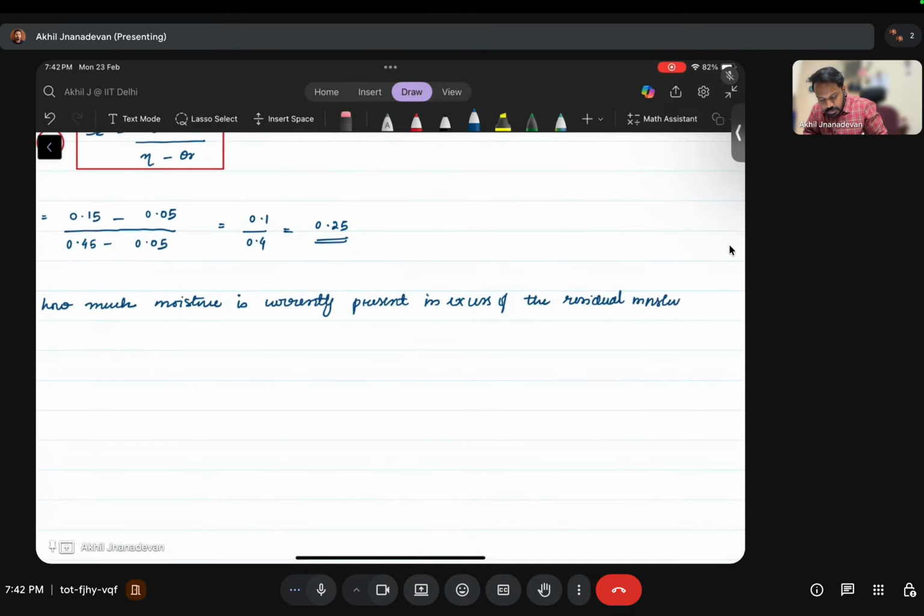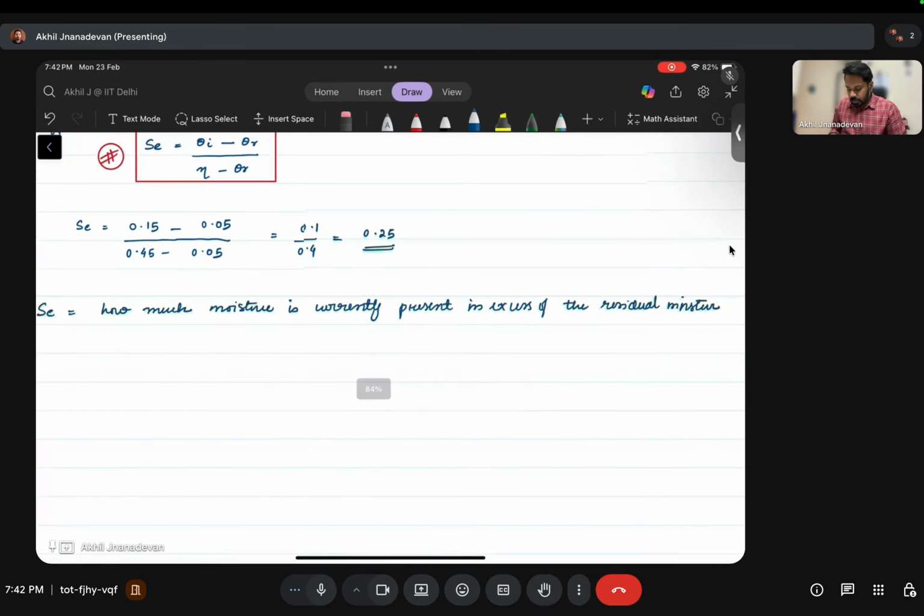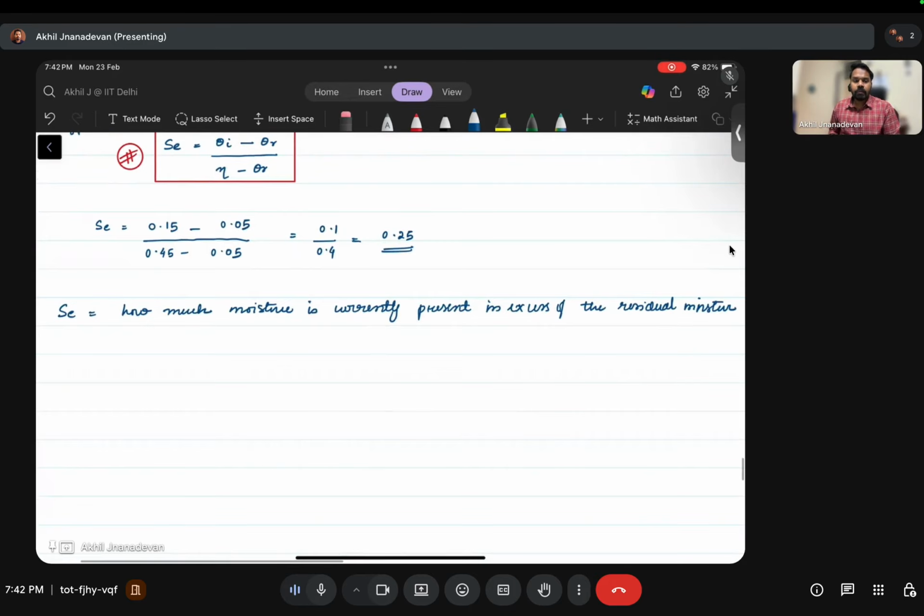That is, initially we know the soil will have a residual moisture content. So how much excess to that is there, divided by